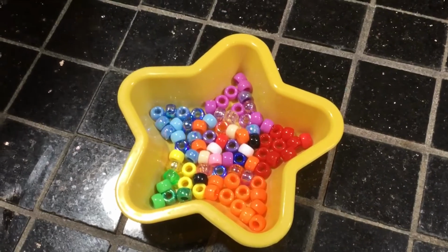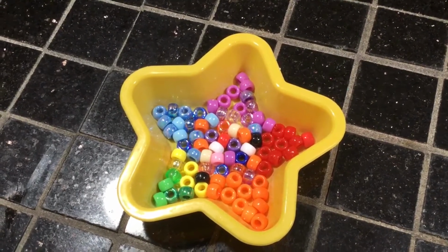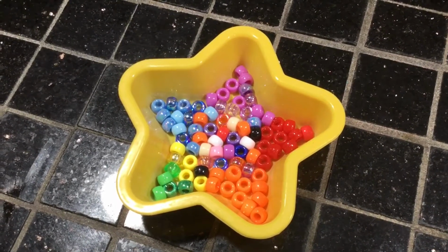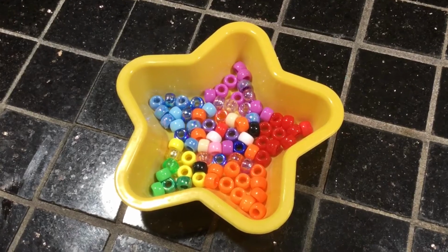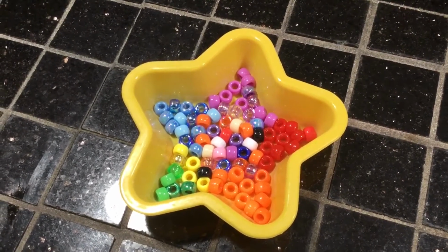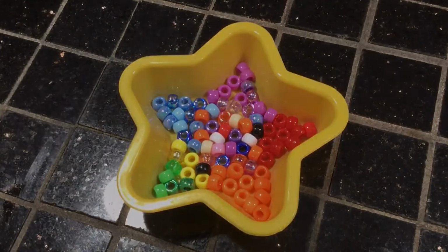So now we are going to put it in the oven at 400 degrees and bake it for 30 to 40 minutes. Keep an eye on it. When they are all melted, you can take them out. And please, please remember to open all of your windows and doors in your kitchen when you are baking this, because